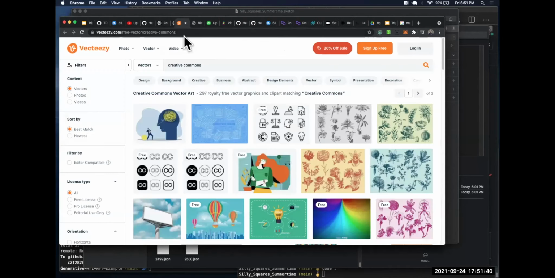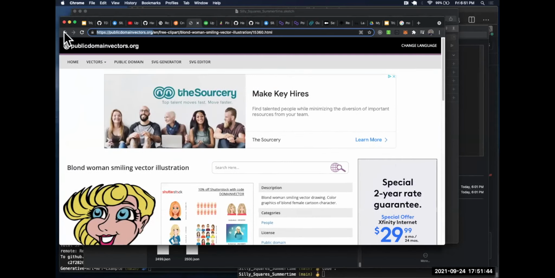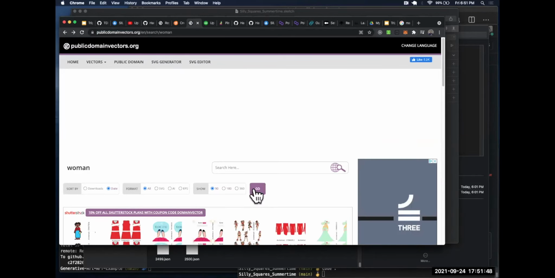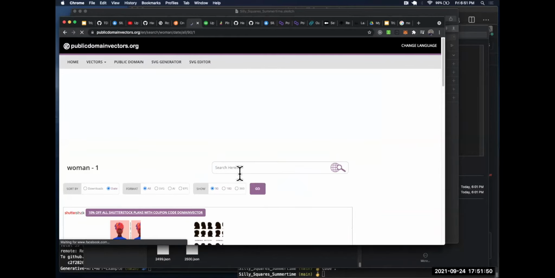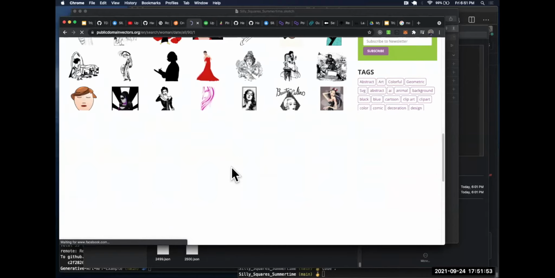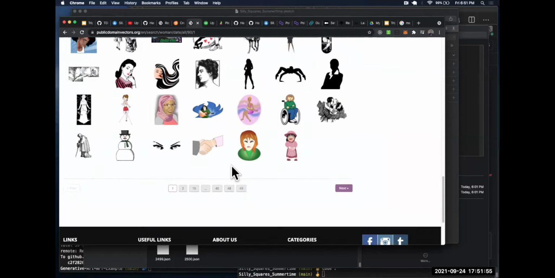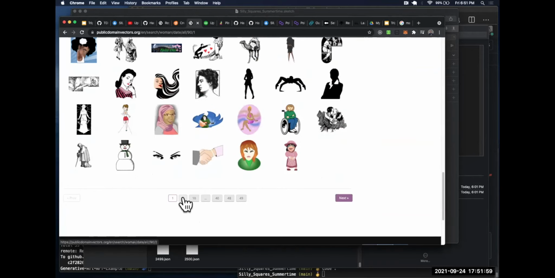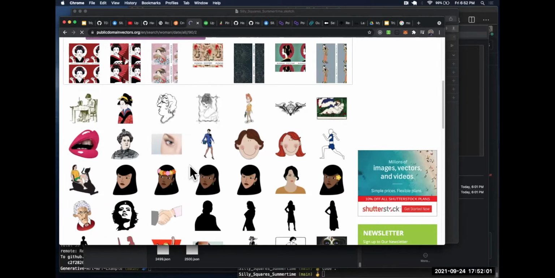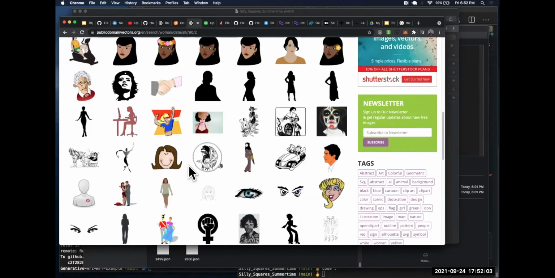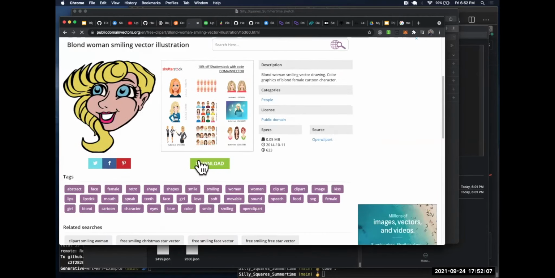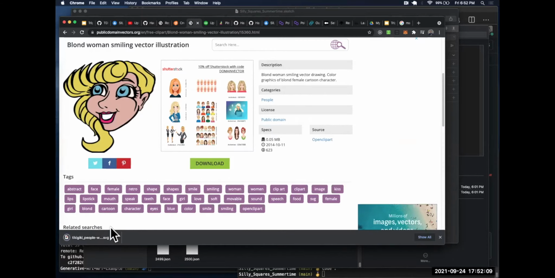And so that kind of leads into, right, so I just went to this public domain vectors and I just searched woman, right? And okay, it's coming up here. Might have been on the second page. Yeah, so I found this one and I said, hey, this is kind of a cool thing, right? So then I downloaded it, and